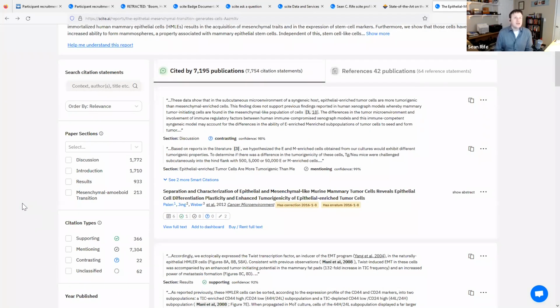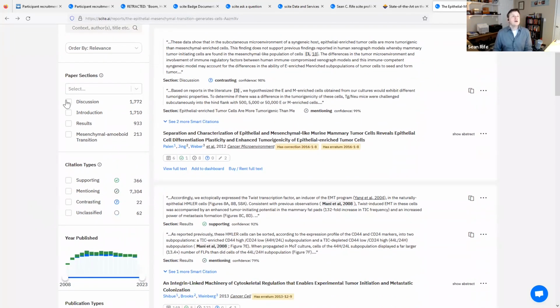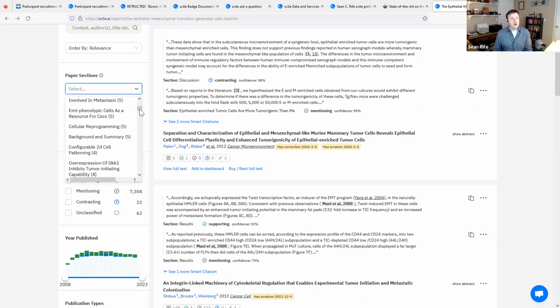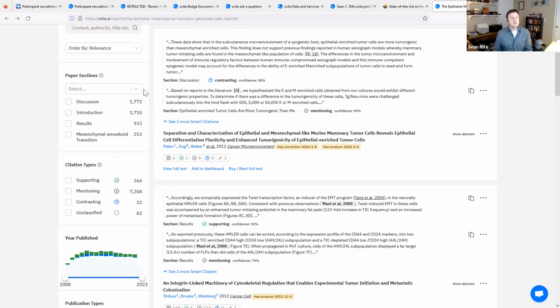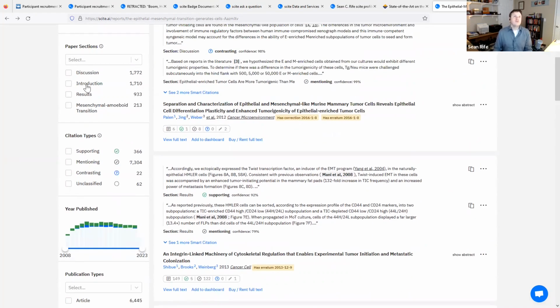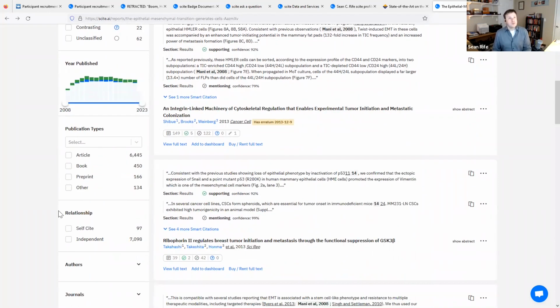But because Scite has those licensing agreements, we're able to also filter by other things, such as the section of a paper that a citation occurs. So for example, is it in the introduction? Is it in the discussion? And we can break that down in a fairly granular way based on how people are citing. And of course, if a paper's been cited in an introduction, maybe it's a key piece of theory or background research. Or if it's in the results, maybe it's an important piece of contrasting evidence. We think of that as an important filtering mechanism.